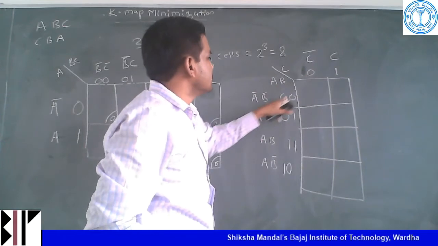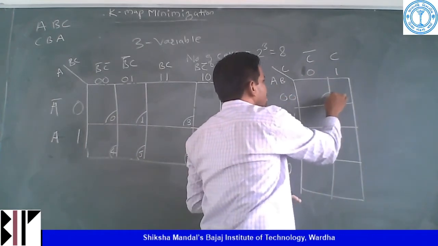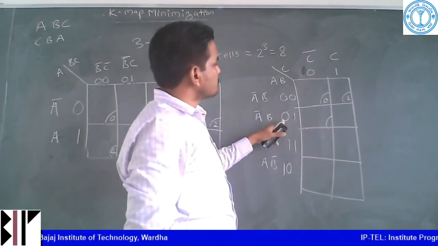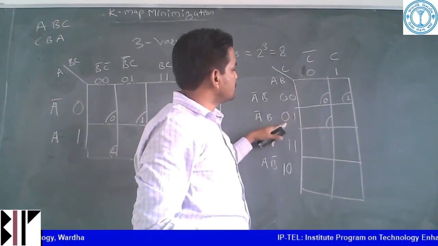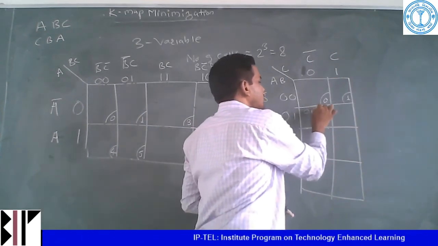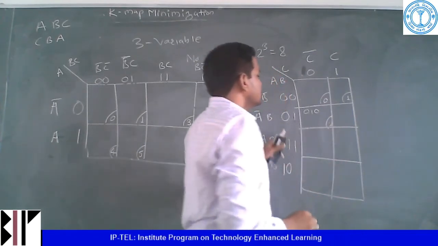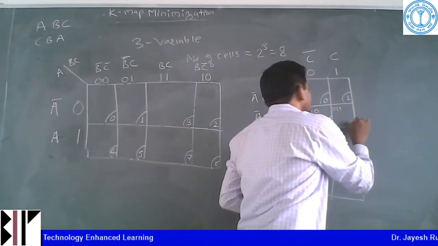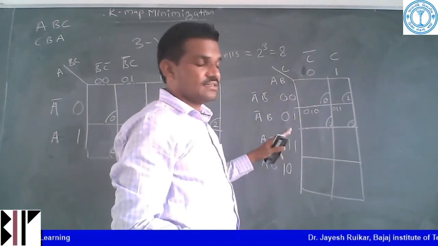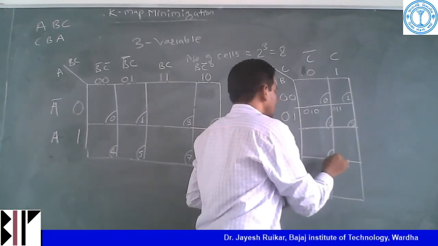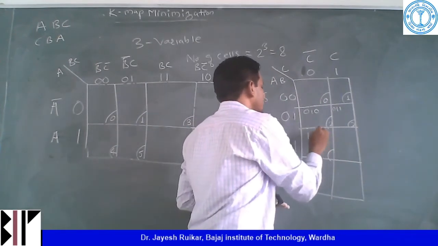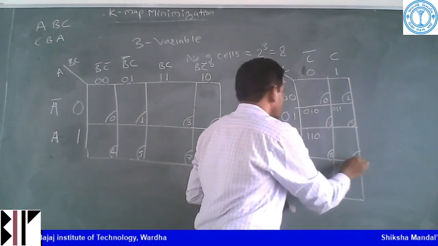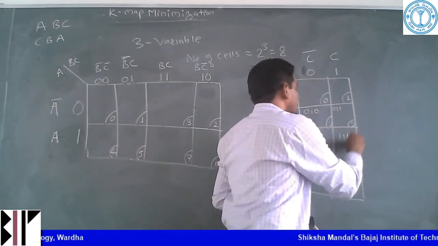Now you can see A B C: 0 0 0, then 0 0 1. Then 0 1 0, what is that value? This is 2. Then 0 1 1, what is that value? 3. Now here a state change is there. So remember this: 1 1 0, what is that? 4 plus 2, 6. So this is 6. 1 1 1, what is this? 7.